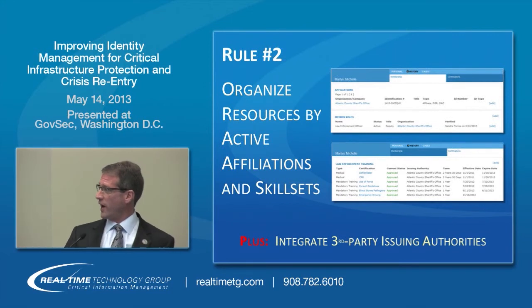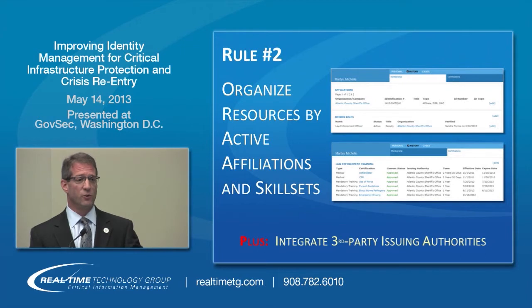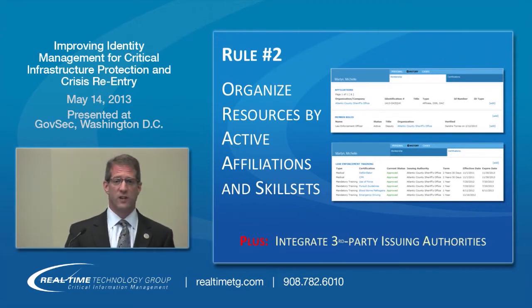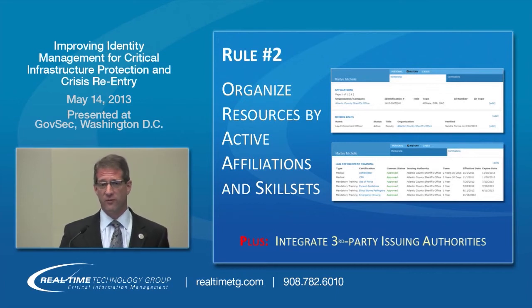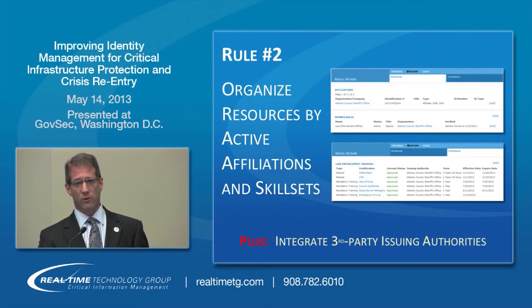The second part of that, so you have affiliations with organizations, with private companies that support our daily operations. We all have specialized skill sets that keep us safe and enable us to do the tasks that we do without liability. Those are important things to track, to know not only is somebody who they say they are, but they belong here because they were called here, and they have the proper skill sets to perform the job that we need to have done.